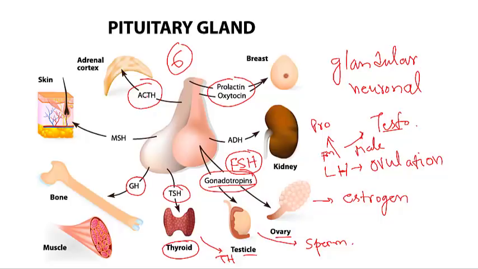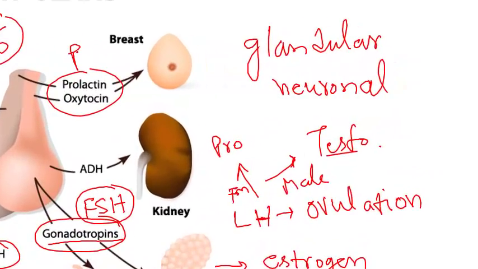Now ACTH, adrenocorticotropic hormone, targets the adrenal gland, the adrenal cortex region actually, and it causes the secretion of glucocorticoids, which are required for the stress response in our body, which we will see later. And the growth hormone targets most of the body tissues to stimulate metabolism and also for cells to grow and divide. Okay. And then prolactin,